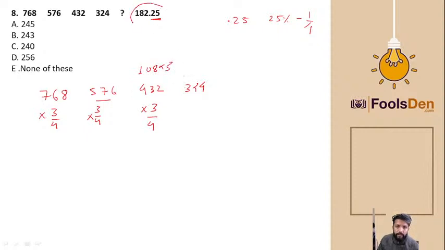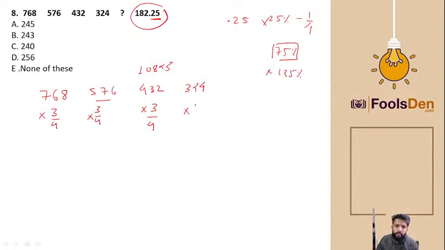This is the hint here. Whenever there is 0.25, there are chances that either it is or it is 125%. I observed here that these won't be possible, only possible. Observe the trend in numbers, that will